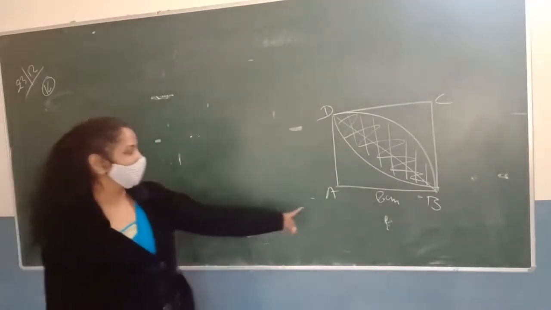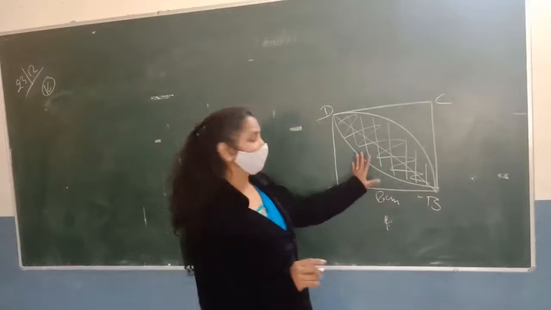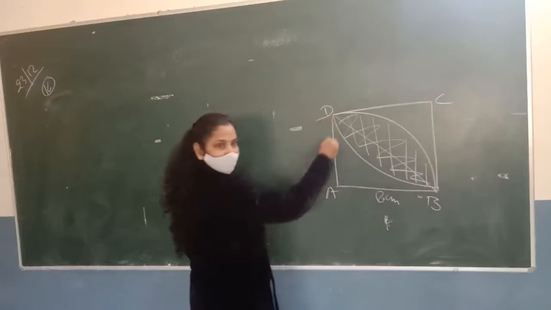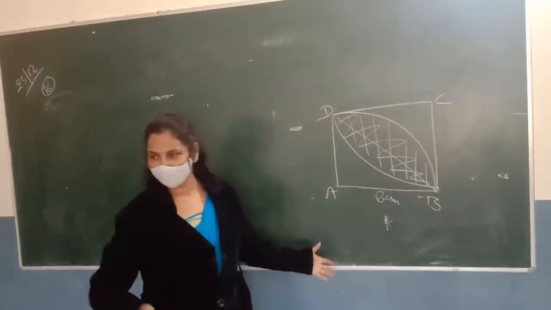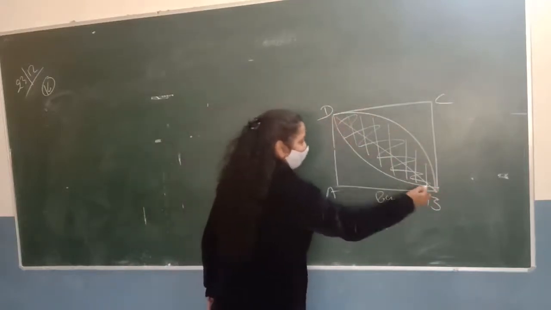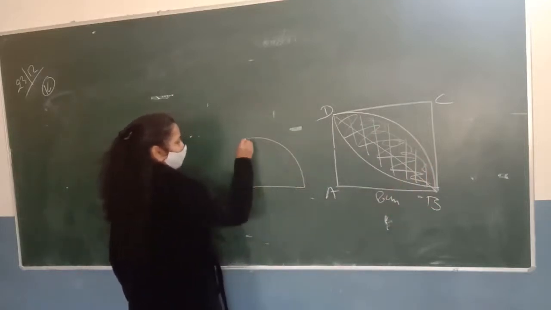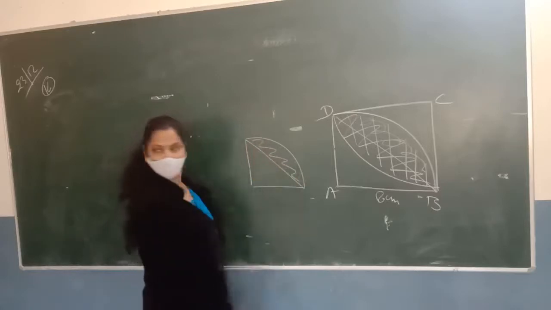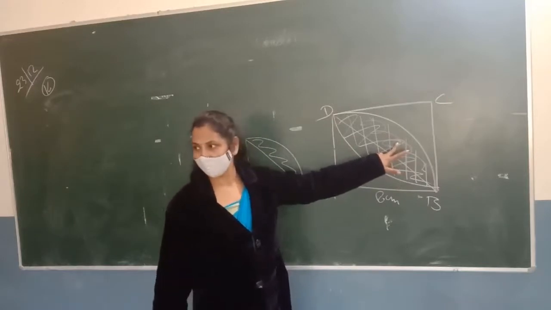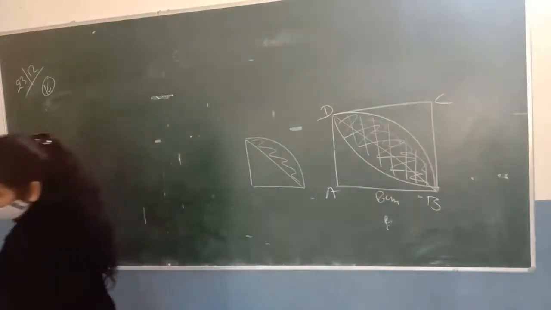The side of the square is 8 centimeters, and as Rishant explained, we can find the area of this shaded portion by finding the area of this quadrant by applying the formula 1/4 pi r square. If we subtract the area of this triangle from it, you will get the area of this portion. Haina, ye quadrant hai aur aapne triangle minus kar diya, to you will get the area of this portion. So by subtracting the area of this triangle from this quadrant, we will find the area of this portion, and by multiplying it by 2, we can get the area of the shaded part of the figure.